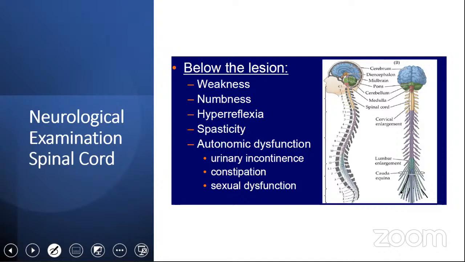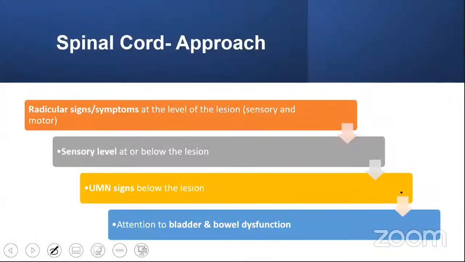You can see in the diagram the diencephalon, the midbrain, pons, and some of the cranial nerves come down, especially the trigeminal sensory part. So the spinal approach is: are there radicular signs and symptoms at the level of the lesion, a sensory level below the lesion, UMN signs below the lesion, and you have to comment on bladder and bowel dysfunction. So these are the main things which happen in this